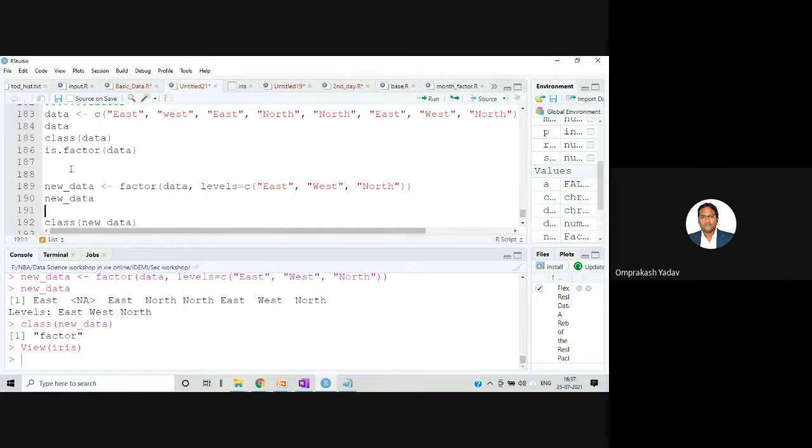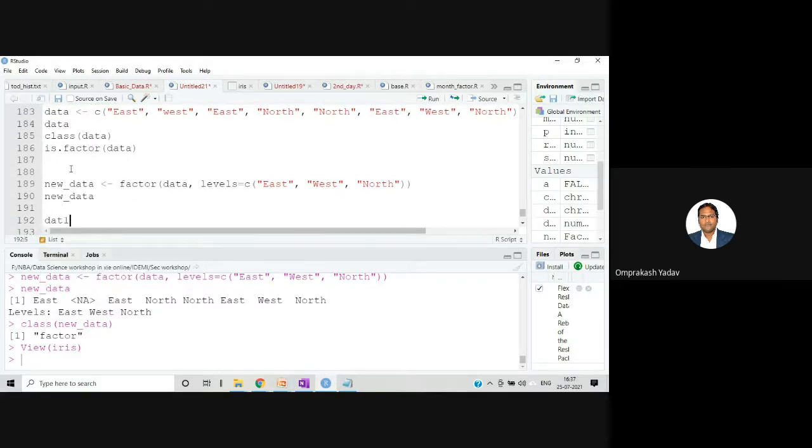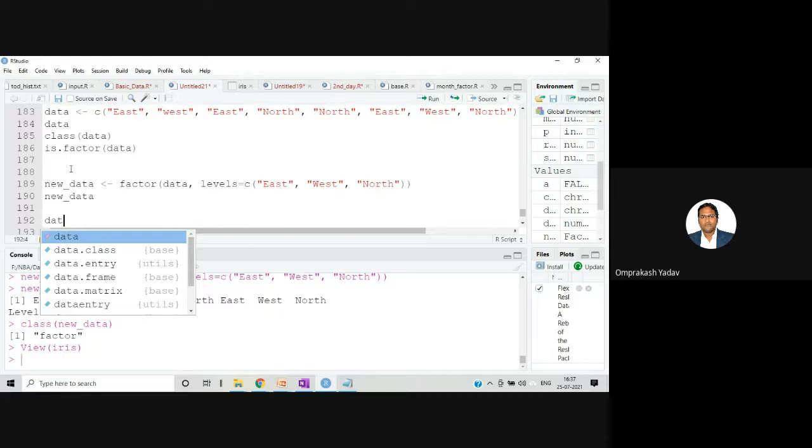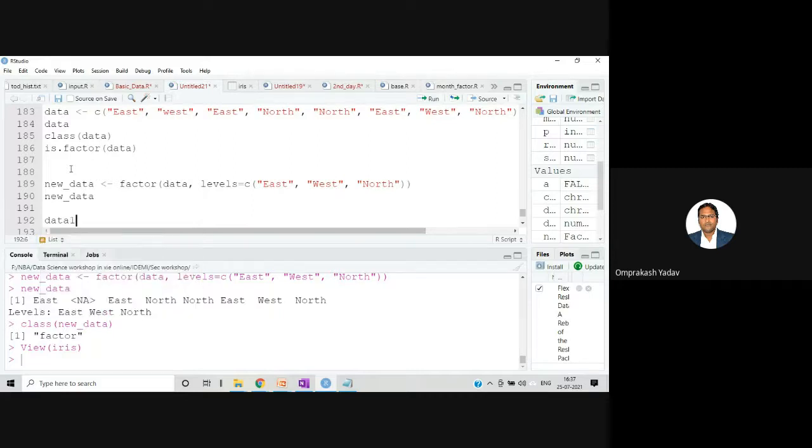So I'll create one data one. And one more thing with that one, I think you won't be able to specify the levels, right? Data one as dot also factor, the use of levels in factor. Because these levels are important, right? Because only 3 levels are there. So we need to mention how many levels are there in that one. If you see the entire data, there are only 3 levels, east, west, and north, right? So we need to mention how many levels are there.